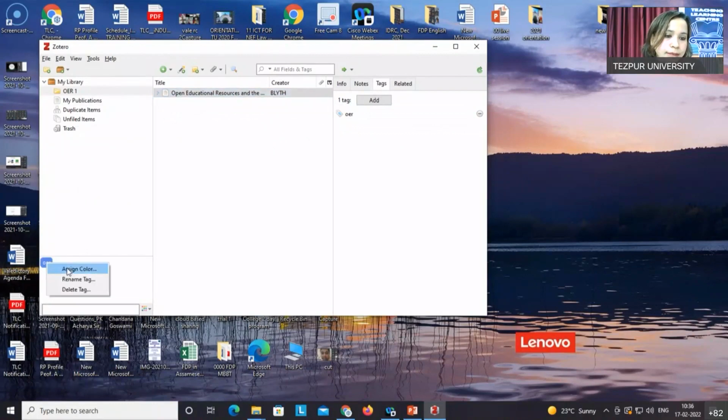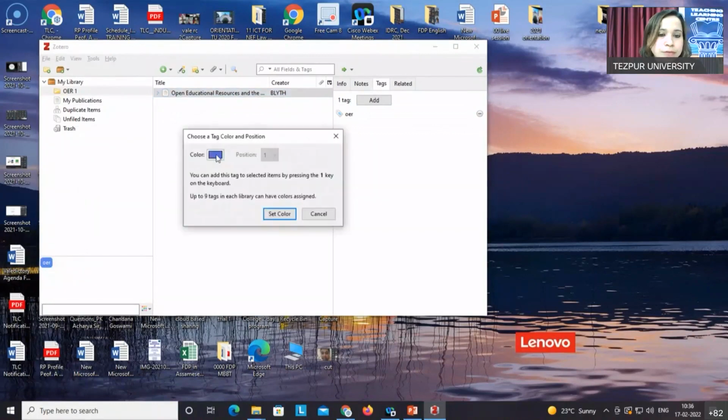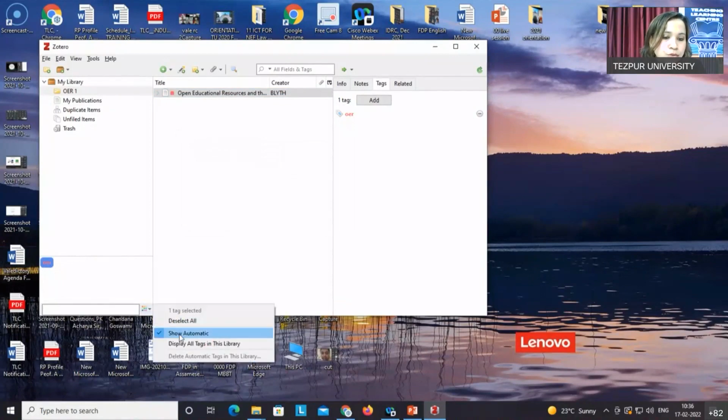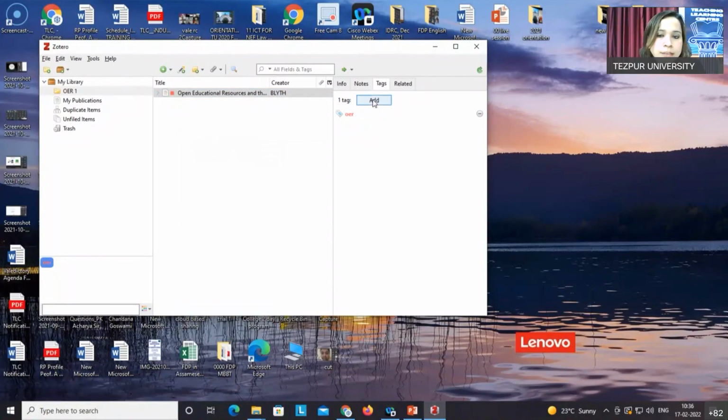So what I can do is assign different colors for my tags. For example, I'm setting this color. And if I click here, you can see that I can deselect "Show automatic display all tags in this library." For example, I'm writing another tag, educational